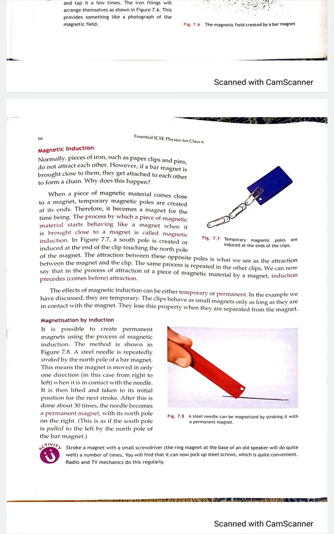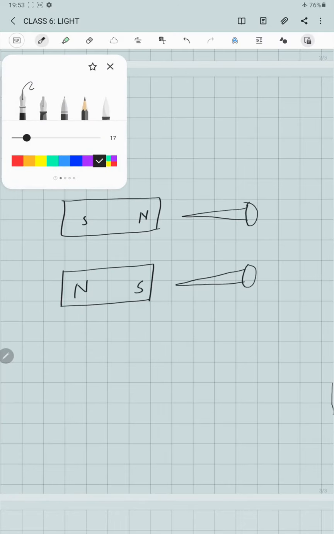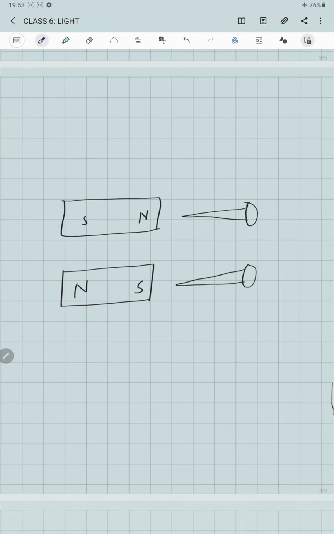Magnetic induction is the property of a magnet with the help of which a magnet is able to develop an opposite pole on a magnetic substance when it is brought close to it. Here you can see that we have placed an iron nail close to the north pole of a bar magnet in the first figure. If a magnet is able to attract the iron nail toward itself, this is because of the property of